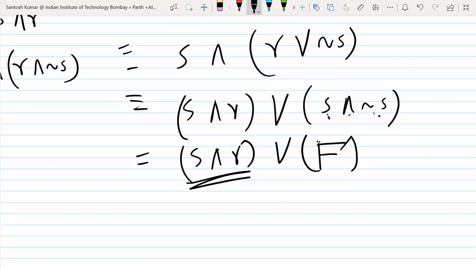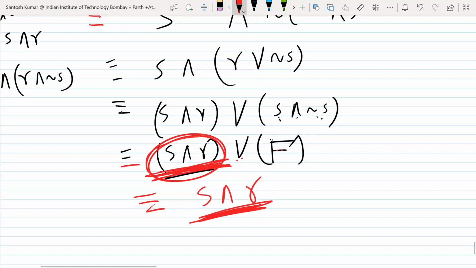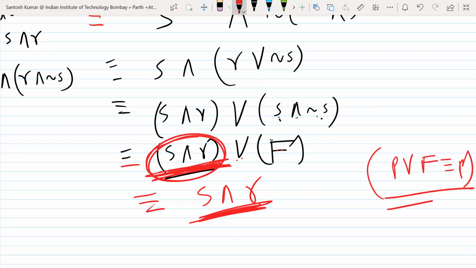And now something or false. So S and R or false. It is S and R, because if this is true, true or false will be true. If it is false, then false or false is false. So this statement depends on S and R. The formula here I'm using is P or false, so it will depend on P only. Whatever P is, the answer will be that. If true, true or false is true; false or false is false.